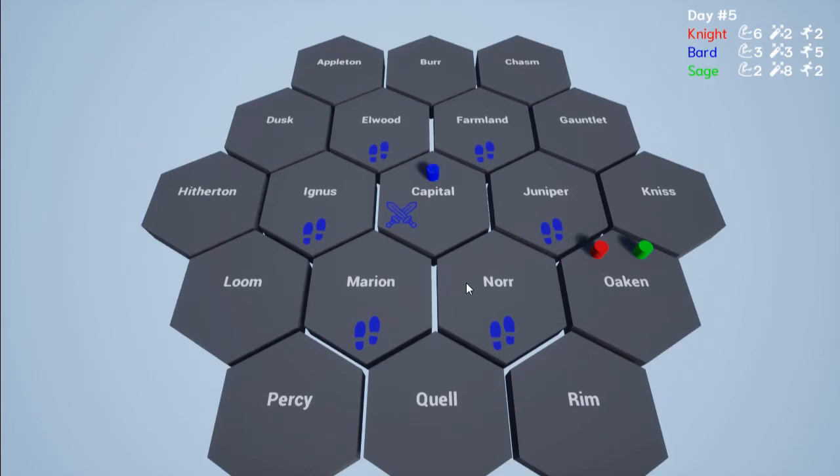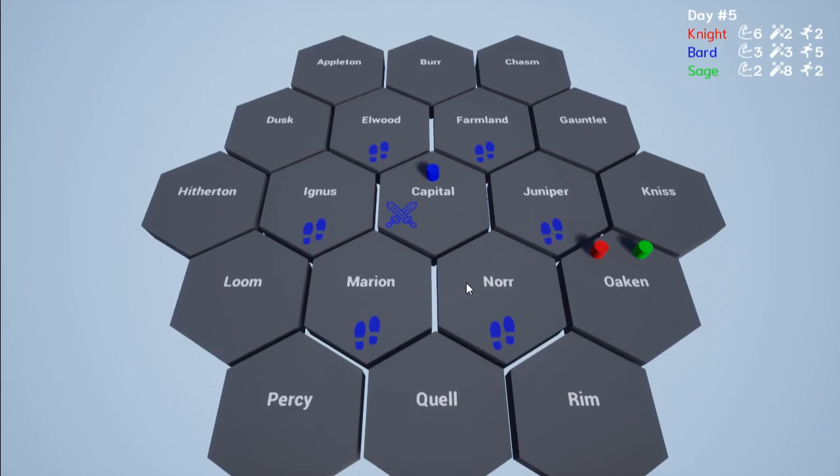So on each of these hexes, there's a chance that these perils will appear, and people will come toward the capital to report on them. But if a peril stays active in a hex for too long, that hex becomes corrupted. It turns green. It takes extra stamina to move through, and there won't be any more monsters that appear on it. It sort of becomes a dead hex. The game continues until 3 hexes are corrupted. So it's really just sort of fighting as long as you can against this oncoming peril.